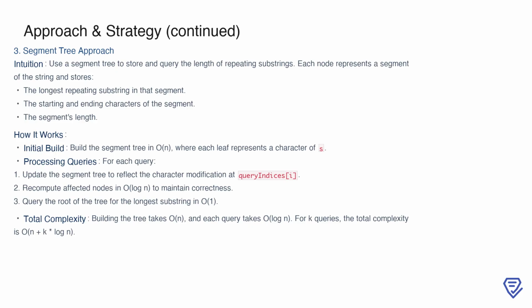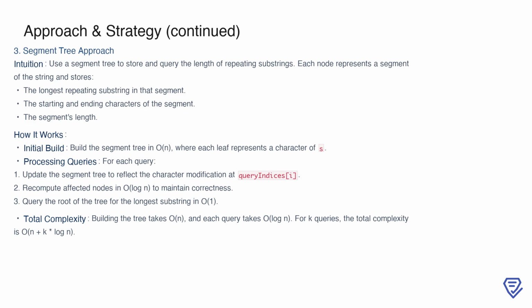Building the tree initially takes O(n), as each leaf corresponds to a character in the string. For each query, we update the tree to reflect the character modification at the specified index and recompute the affected nodes in O(log n). Once the tree is updated, querying the root node gives the length of the longest repeating substring in O(1). This approach efficiently handles both updates and queries, with a total time complexity of O(n + k * log n) for k queries. The segment tree provides a balance between initialization cost and dynamic efficiency, making it an effective